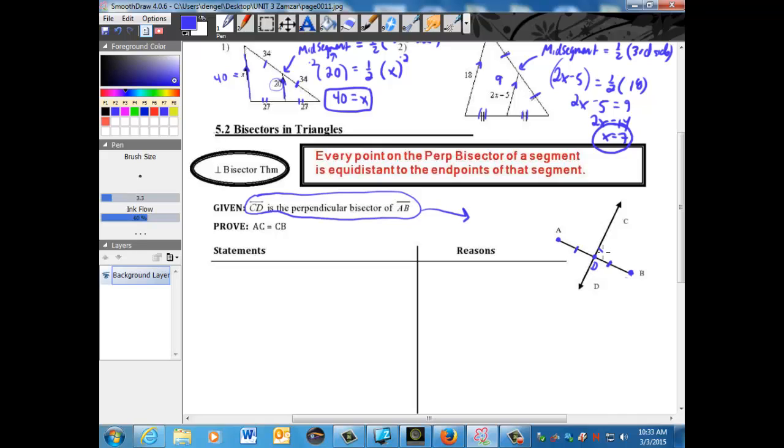We can also put 90-degree angles here and here. So that's what I can mark. So on our proof, let's draw an arrow down to here. This is going to be given. We can then say that